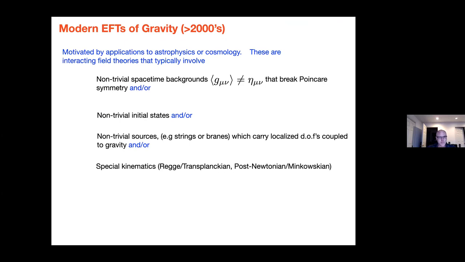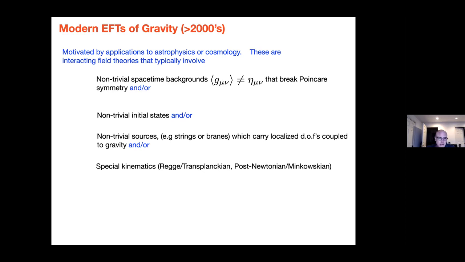So these sort of calculations, for instance in early universe cosmology, are part of what one could call the modern effective field theories of gravity, which are interacting field theories of gravitons coupled to matter. They have applications to astrophysics and cosmology, and typically